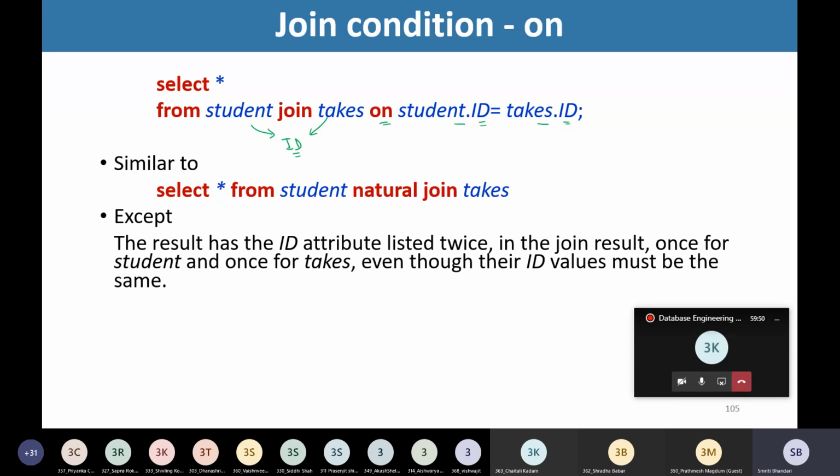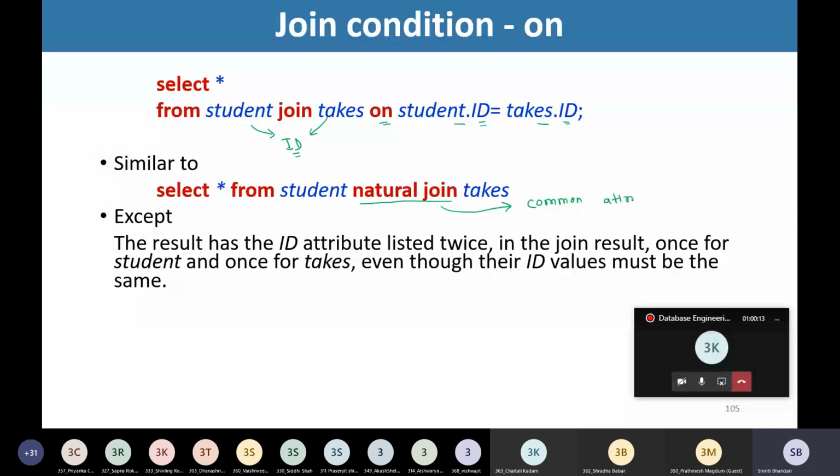So both are producing the same result. Then what is the difference in these two statements? If I am making use of natural join, then the common attribute will appear only once.